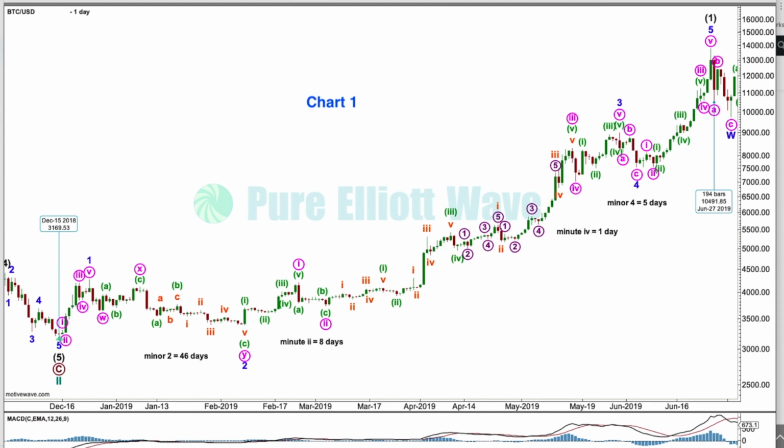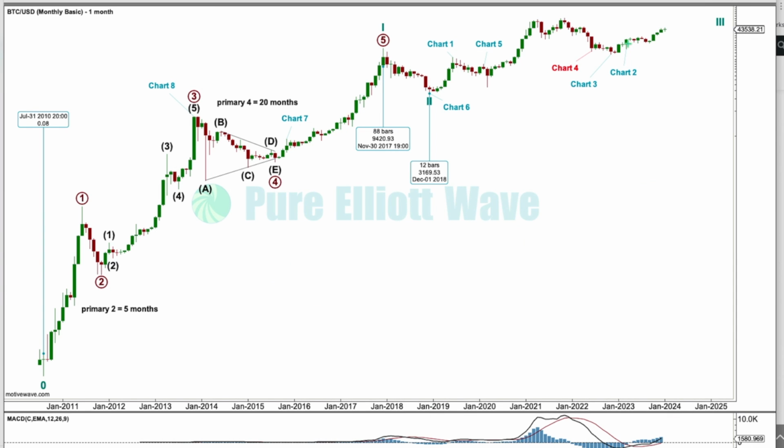So here we have the end of that bear market and the end of the first impulse up out of the bear market. So I'm labeling it 1, 2, 3, 4, 5. This has a pretty good look, but here wave 2 lasted 46 days and wave 4 lasted 5 days. If you want to label this movement as a zigzag, feel free, but you have to fit that into the bigger context and have it make sense in your Elliott Wave structure. Let's look at the second example.